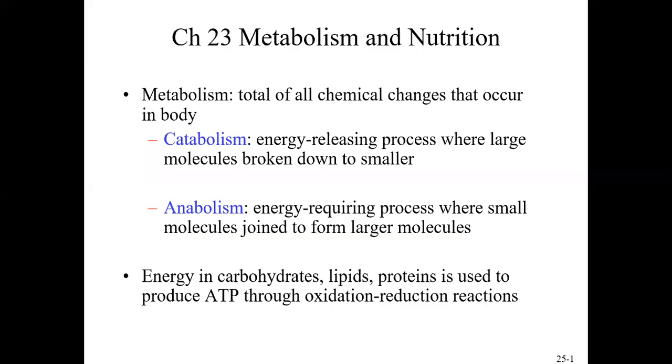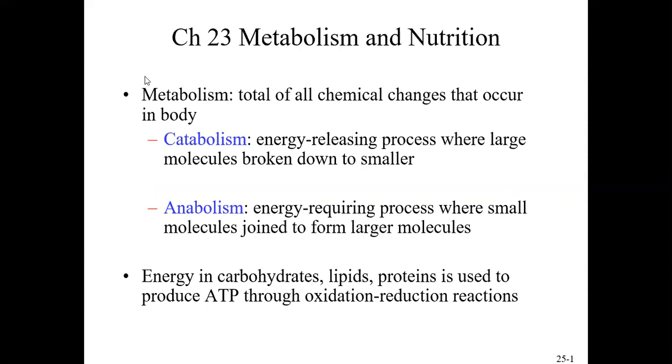All right, guys, in this video, I'm going to attempt to go over chapter 23 briefly. This is Metabolism and Nutrition, and we'll start talking about the metabolism portion. It's a very short section at the beginning of the chapter on metabolism. It's really understanding some of the main vocabulary terms associated with this concept, and you can kind of see the